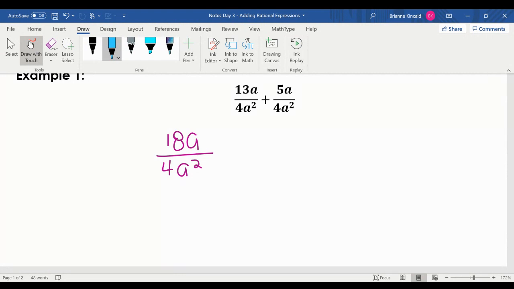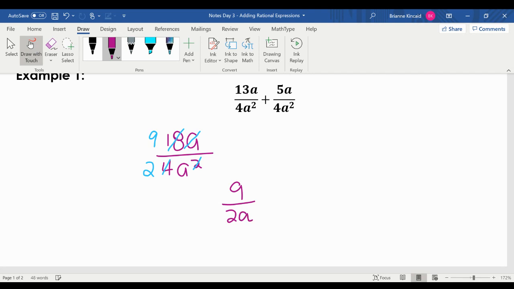So starting with our coefficients, 18 and 4 are both divisible by 2, which means the 18 becomes a 9 and the 4 becomes a 2. I have an a in the numerator and I have an a squared in the denominator. Remember, a squared is essentially a times a, which means I can eliminate this a with one of the a's in the denominator. So instead of a to the second, it becomes a to the first, or just a. Which means our final answer for this is